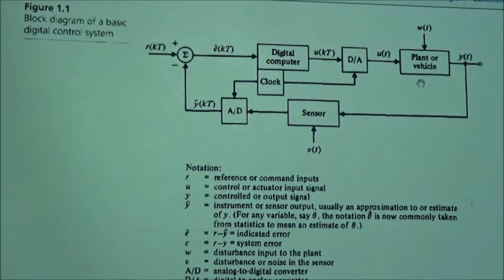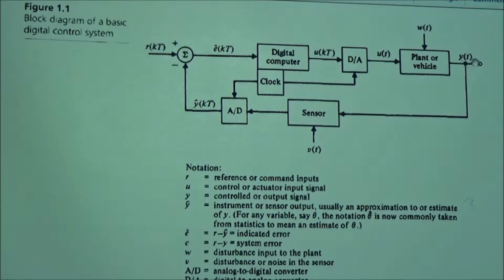You have an analog plant, like a robot or like a DC motor or maybe an automobile or what have you. And this plant always expects an analog signal coming in and puts out an analog signal going out. The objective is to have some reference input